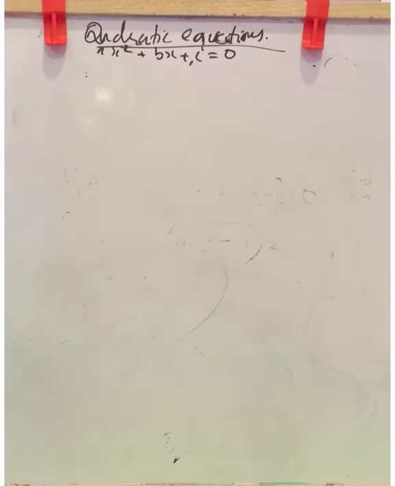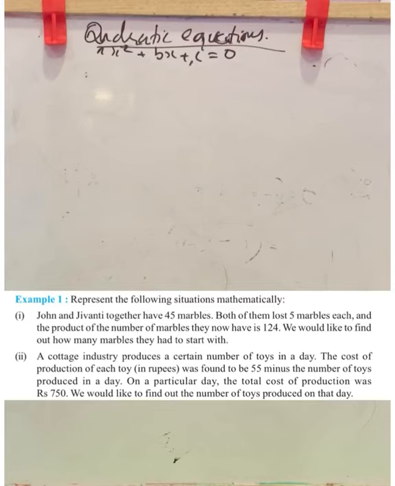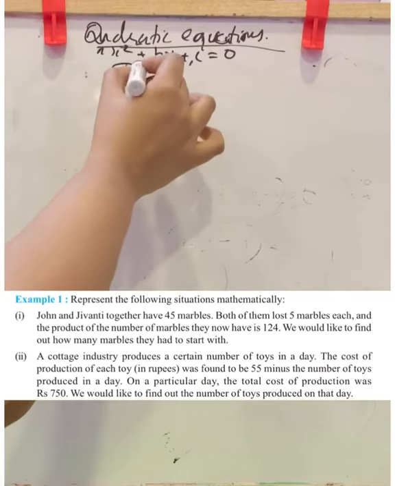Next, solve the problems given in example 1. In example 1, we have two problems. John and Jivanti together have 45 marbles. Both of them lost 5 marbles each, and the product of the number of marbles they now have is 124. We would like to find out how many marbles they had to start with. Now we don't know what is the number of marbles John has. So John's marble